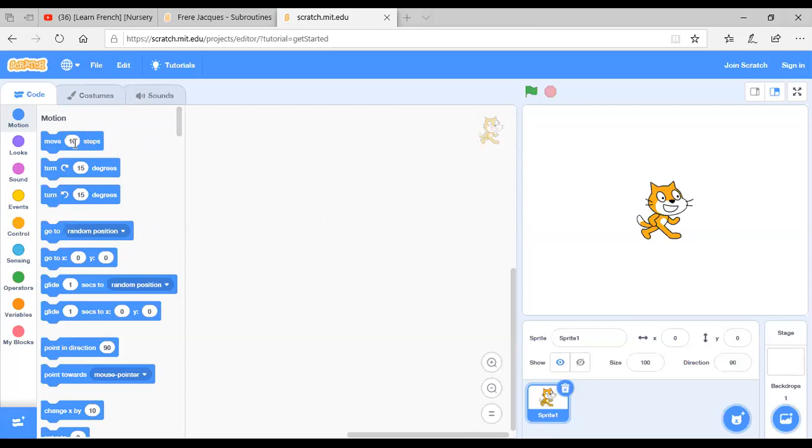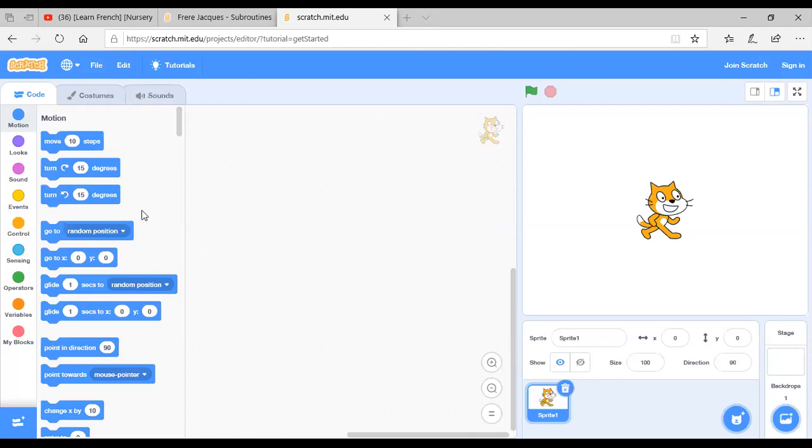All the code blocks which are to do with motion are here. Okay, there are some chats saying they are new to Scratch. So assuming that all of you are new to Scratch, I'm going to take you through this. First of all, you'll get the Scratch screen.